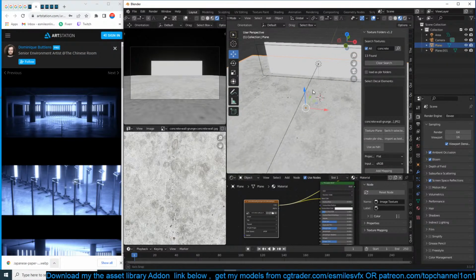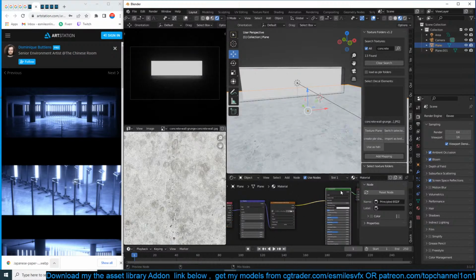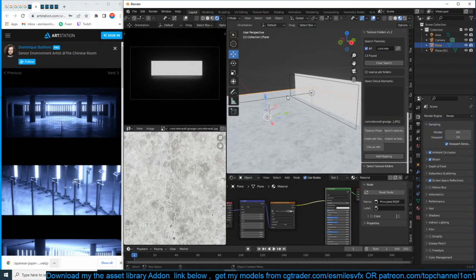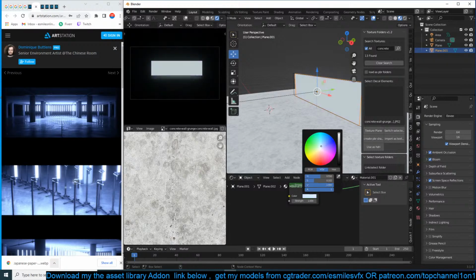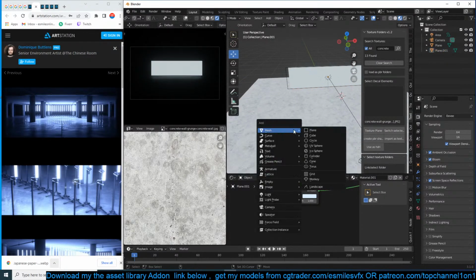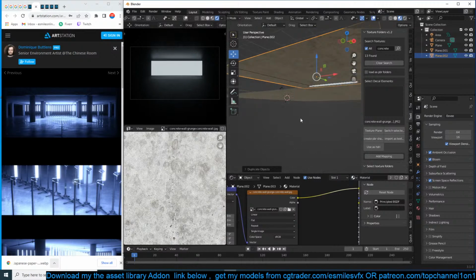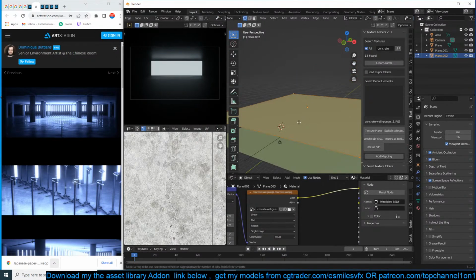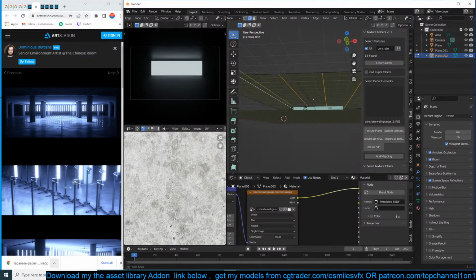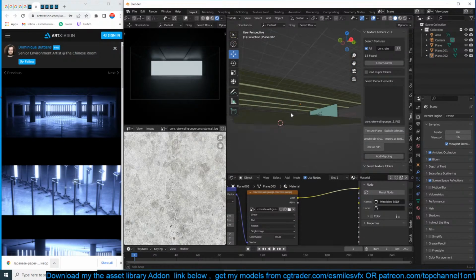Let me see. Let's create, extrude this. Just give this a few subdivisions because this looks like a parking lot, so we can add some beams.